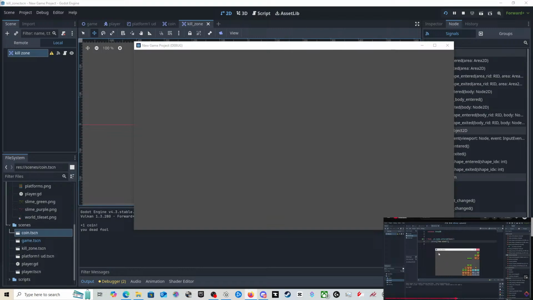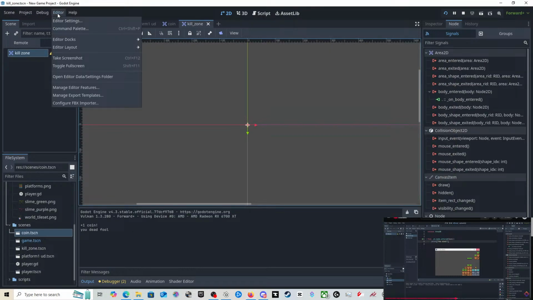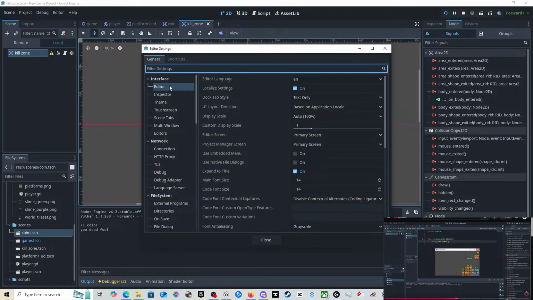Click on the editor menu on the top of the text editor. Oh, my eyes.